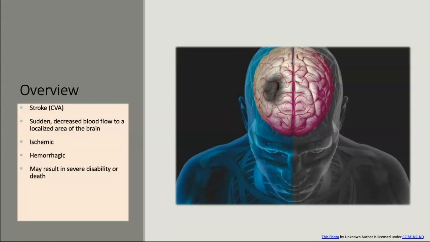So there are two types of stroke that we're really going to focus on: ischemic, and there's some categories that fall under ischemic like embolic and thrombotic stroke, and then there's hemorrhagic, which is caused by bleeding in the brain or around the brain. So we'll talk about